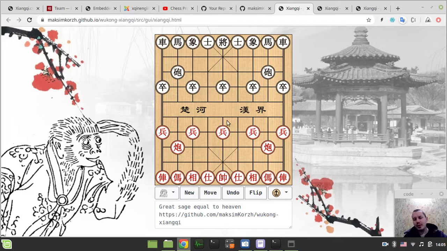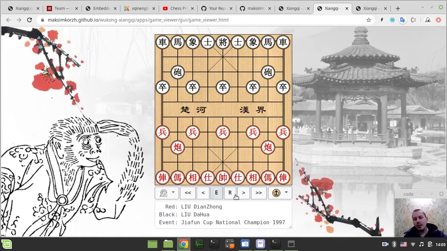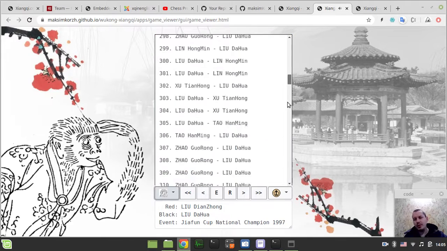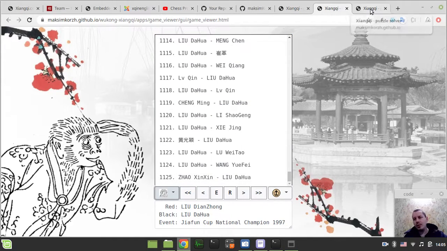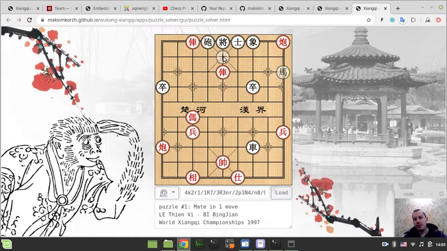So here is my CNC app to play Chinese chess versus computer. Here we can watch the games by grandmasters. I have a bundled database of games here, and here we can solve puzzles like mate in one. So I just checkmated the opponent. And these apps,